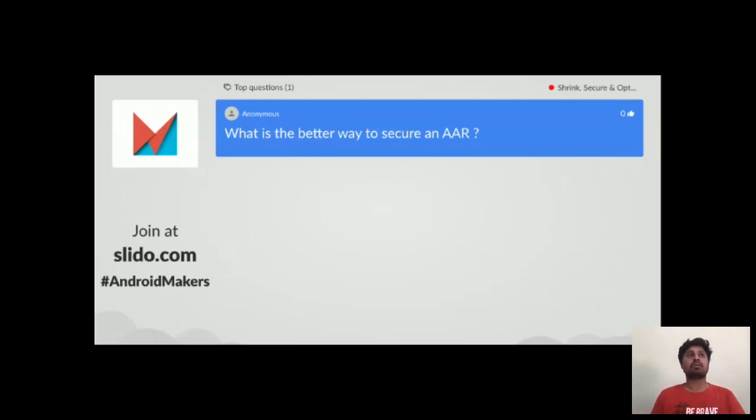Whenever the client uses any classes of your library and builds the APK, it uses the configuration from your consumer ProGuard rule file and protects it. But what happens if you have internal code?